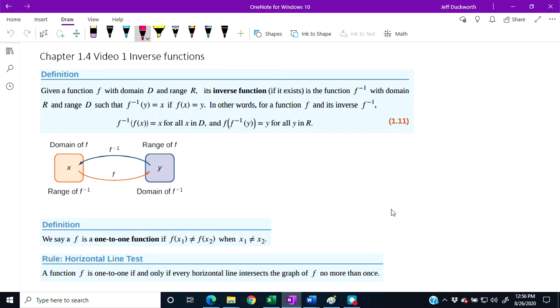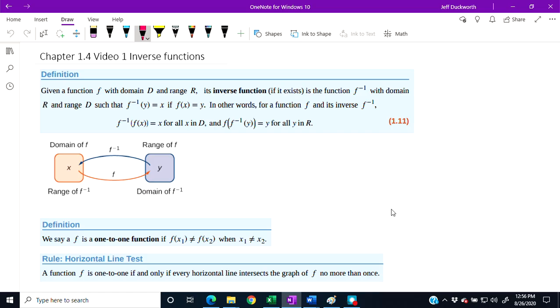All right, chapter 1.4 is about inverse functions. So I've got a couple definitions here, and I'm going to give you a little overview as to what an inverse function is and sort of the rules for it. All right, so the actual definition is